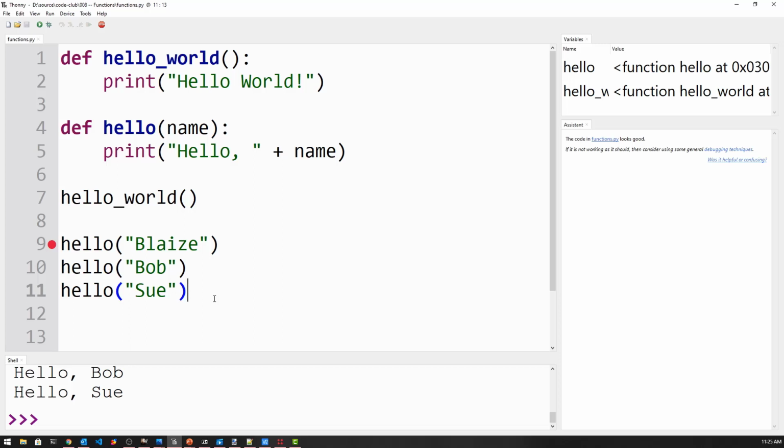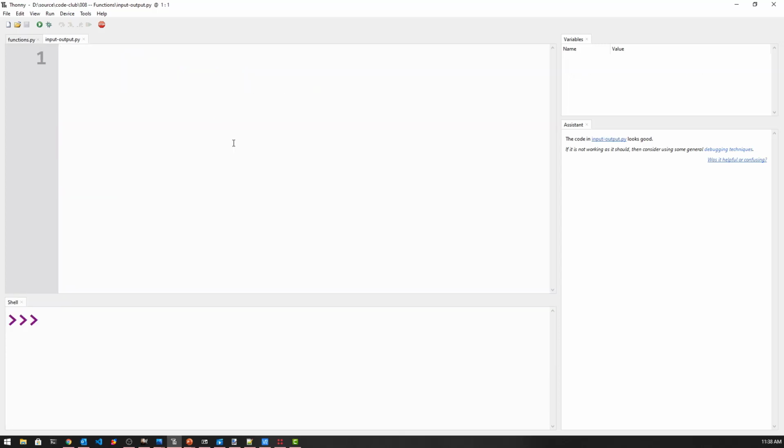Now let's create a new file and get some data into our program, into our function, and then let's use that data in our function and then return something from it. Okay, I have here a new file, and I'm going to start off by creating a function that returns some data. And that's just going to reuse our add function that we saw already. So val1, val2. And all this is going to do is return